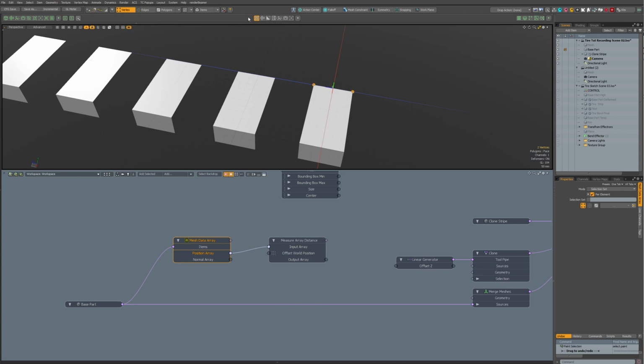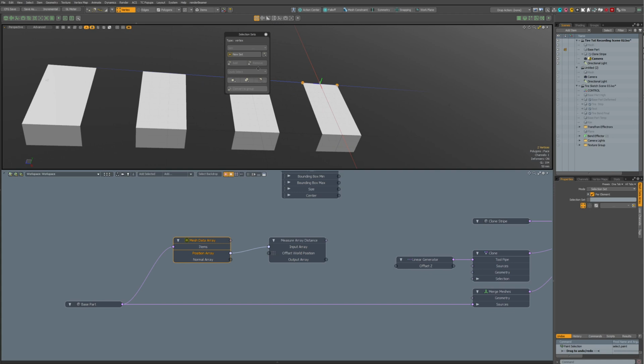I have the selectioner kit myself and also hotkit. It's quite similar to the original default pop-up, but it's a bit different. So we make new set. Let's name it offset.